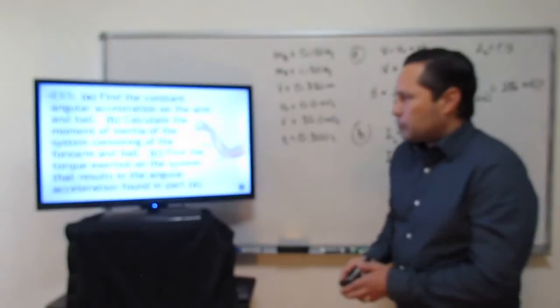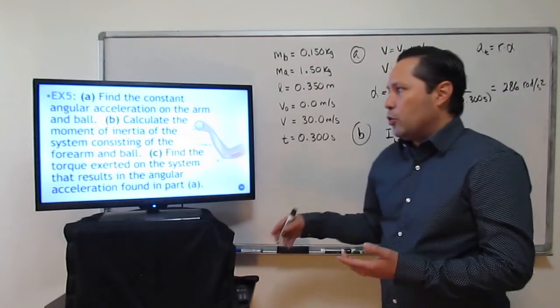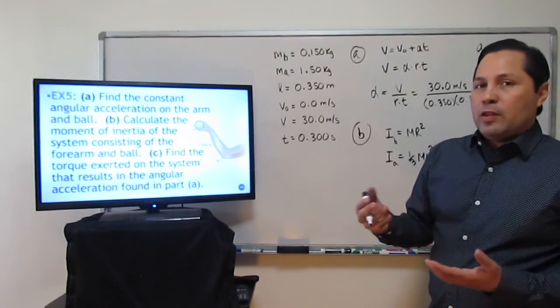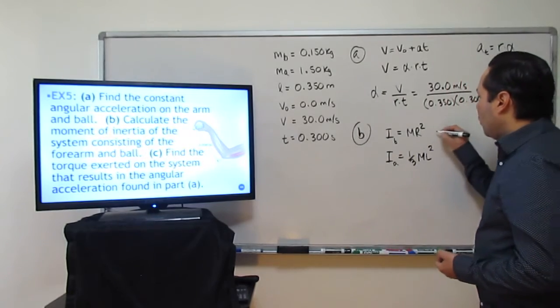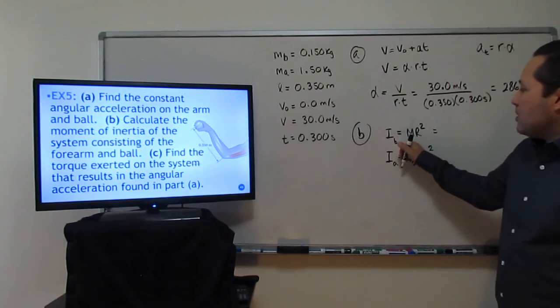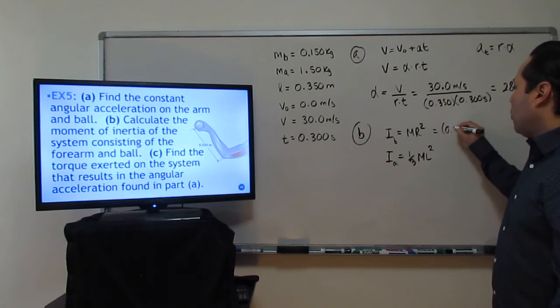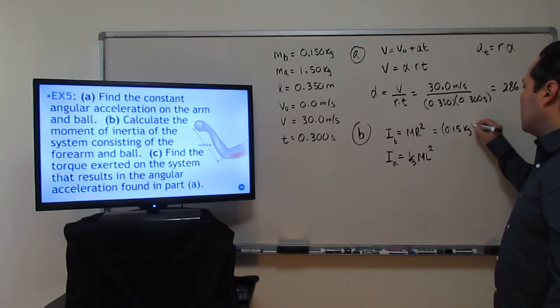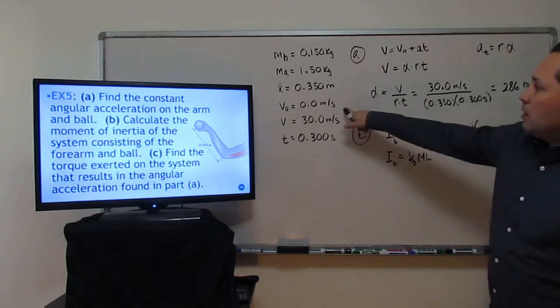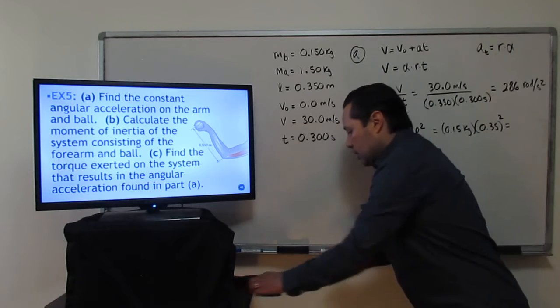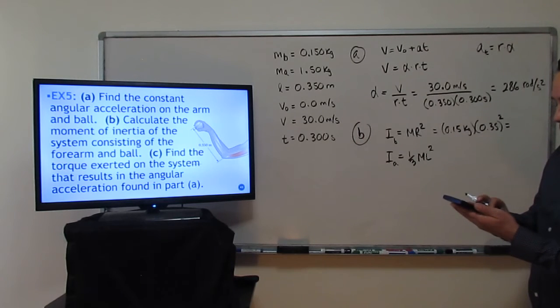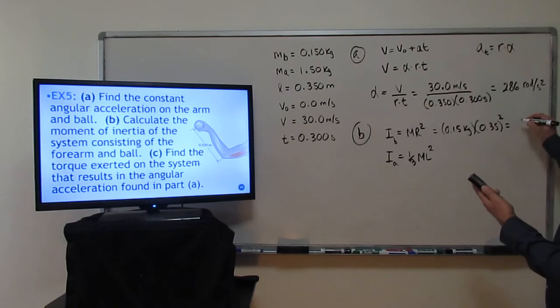All right, so we're going to go ahead and calculate the moment of inertia for the forearm and the ball, and then put them together to get the total moment of inertia for the system. So let's plug in the values. The mass of the ball, in this case, is going to be 0.15 kilograms, and the distance is going to be 0.35 meters, so we're going to square that. 0.35 squared multiplied times 0.15 gives us